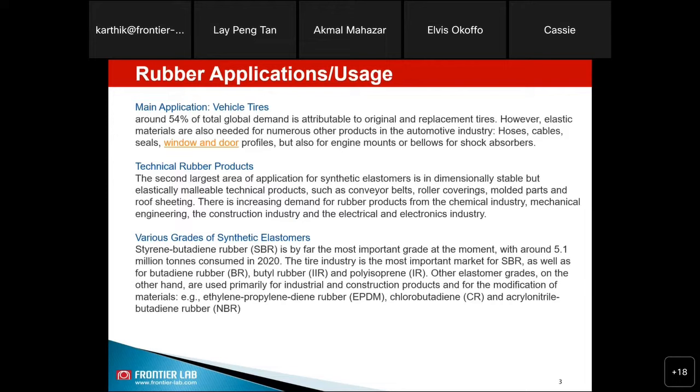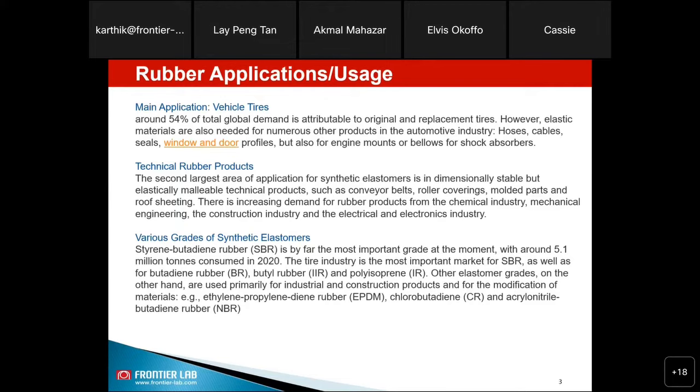As we know, there are different types of synthetic elastomers. Starting from styrene butadiene rubber, there are also other types like butadiene rubber, butyl rubber, and polyisoprene, and these are used in the tire industry. For other industries, it's EPDM, chlorobutadiene, and acrylobutadiene rubber. So what it means is that rubber materials are not just produced and used in any industry just like that. The chemical composition of this rubber is important to ensure that it is fit for the